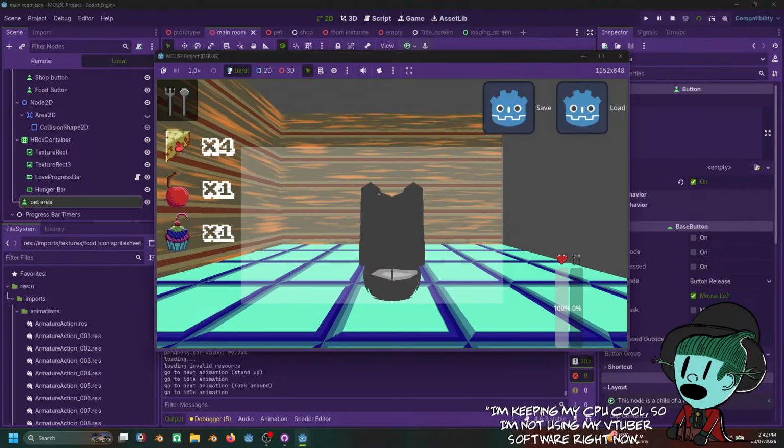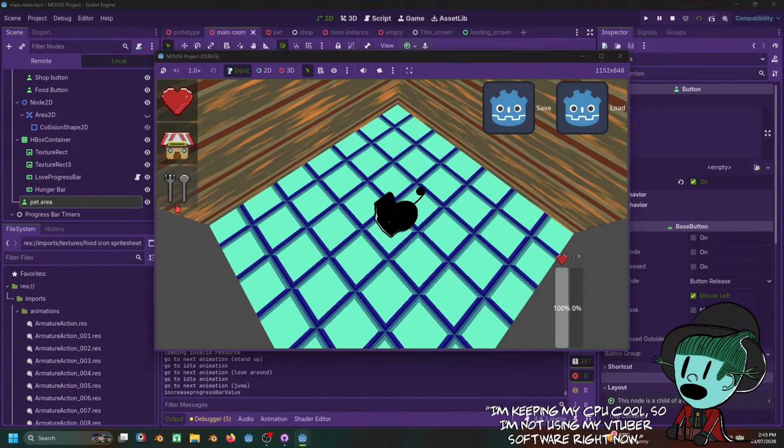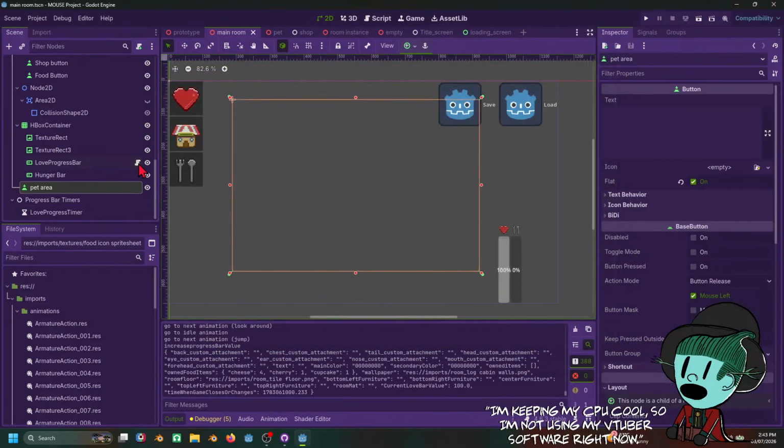And if I left click and drag this, it can give you a little bit of a preview of what I'm holding right now, which is cheese. And I was able to do that through a script here